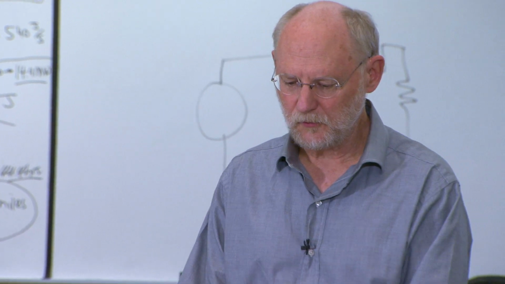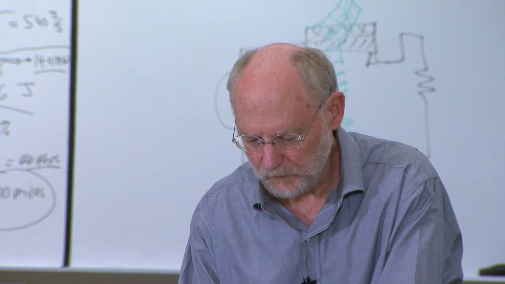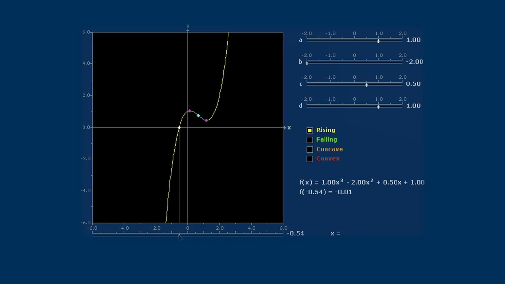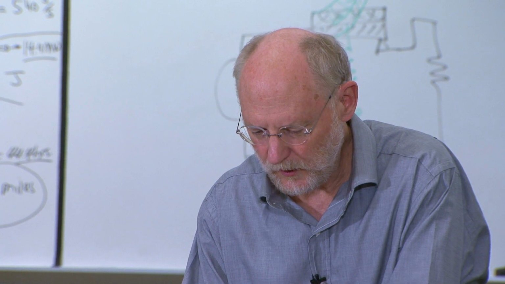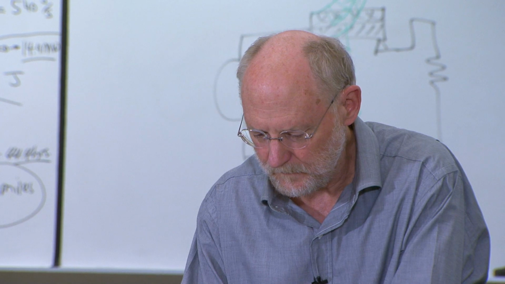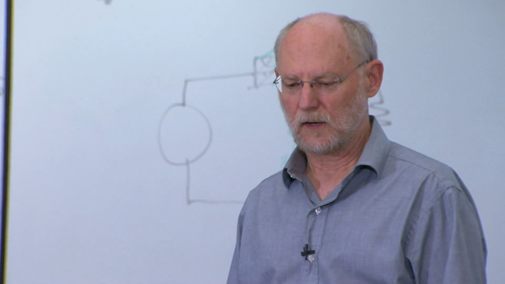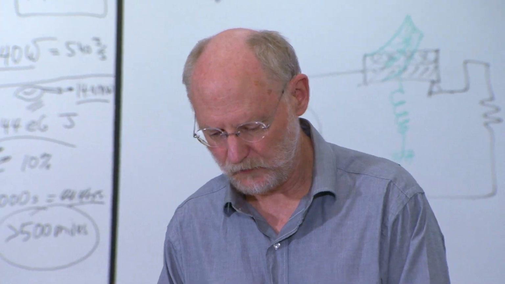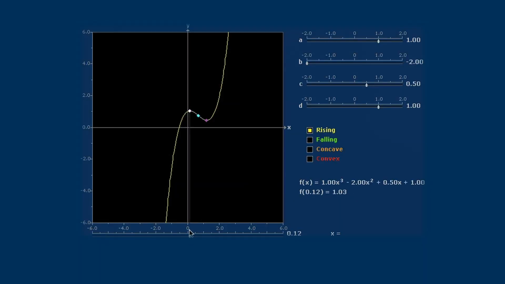Part of the purpose of this tool is to help students get the idea of functions, and so by moving this slider here, I can change the value of x, and the student can see the output of the function and get the idea that a function is a rule that takes an input and produces an output. But after a while, you get more interested in the sort of global features of this function, and then that evaluation utility becomes kind of annoying, and I'm just going to set x equal to 0 now and look at the rest of what we see.